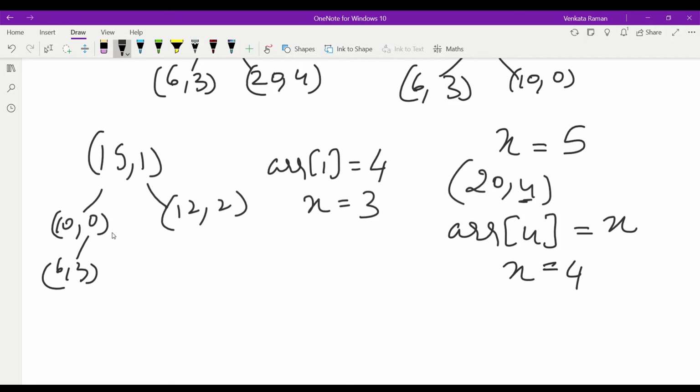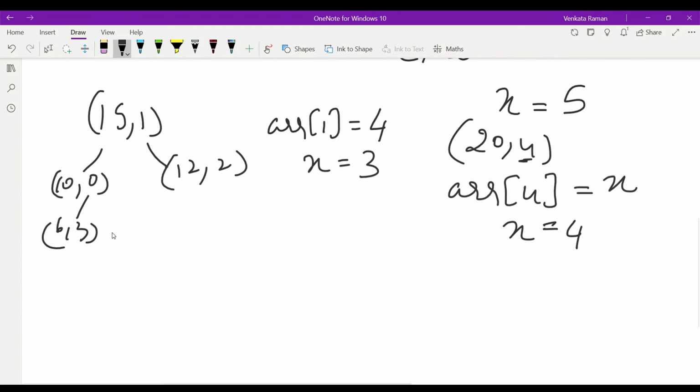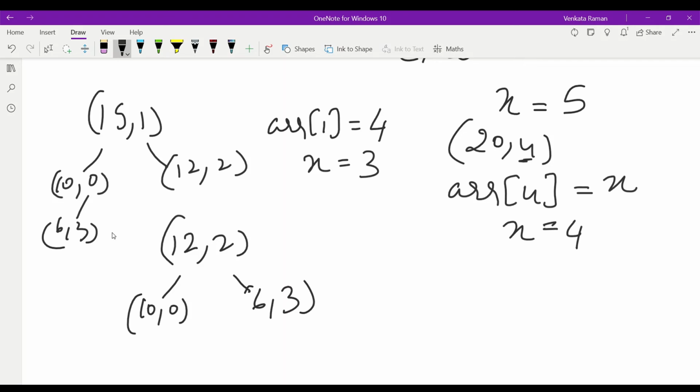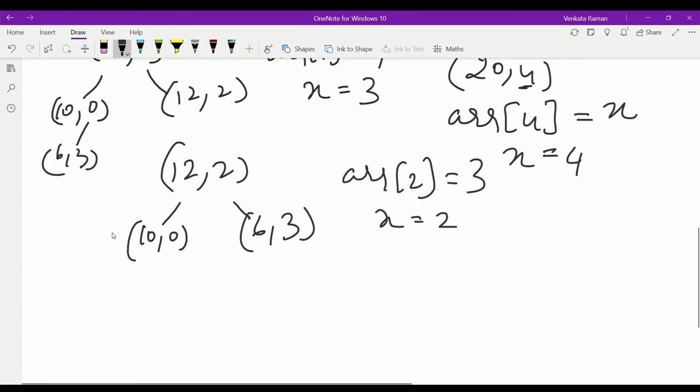If we remove 15, 1, 6, 3 takes its place and it will heapify again. Finally we get the heap as 12, 2, 10, 0 and 6, 3. Now replace it with the value of x and decrease x.